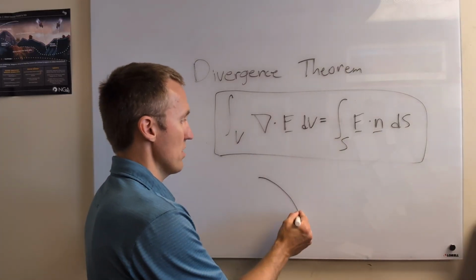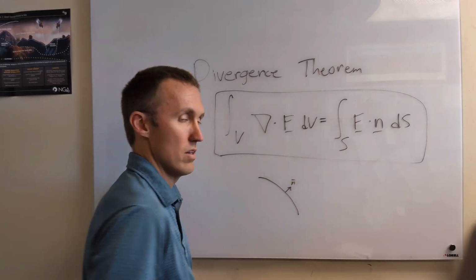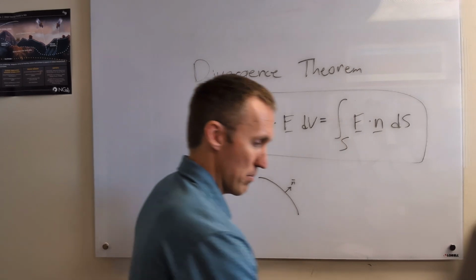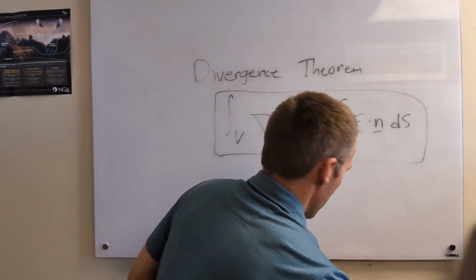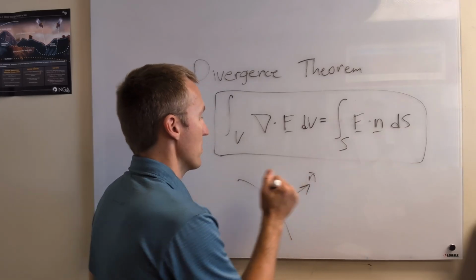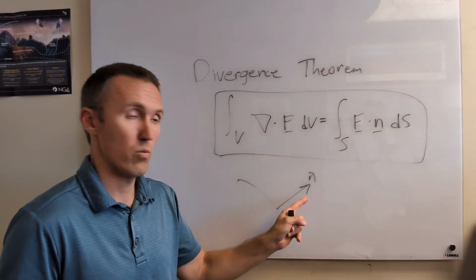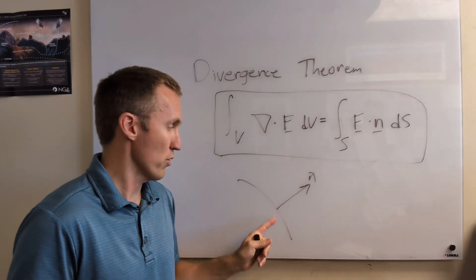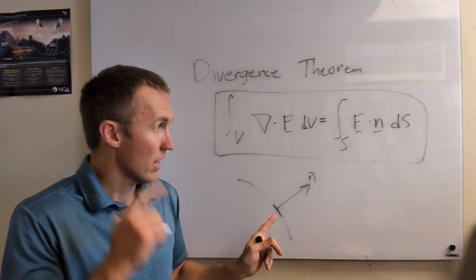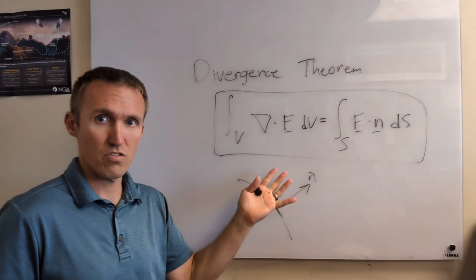Here, if you have some line, the unit normal is just a small arrow. Let me make that bigger. It's the unit normal. It's a unit vector, so a vector with a length of 1 that's pointing exactly perpendicular to a surface. And so what this is saying is if we take the total divergence in this field,